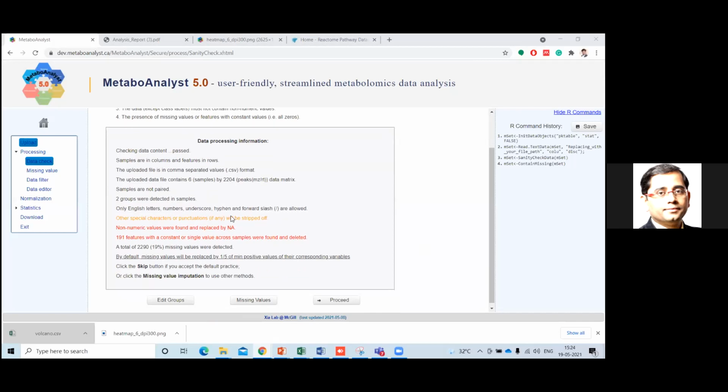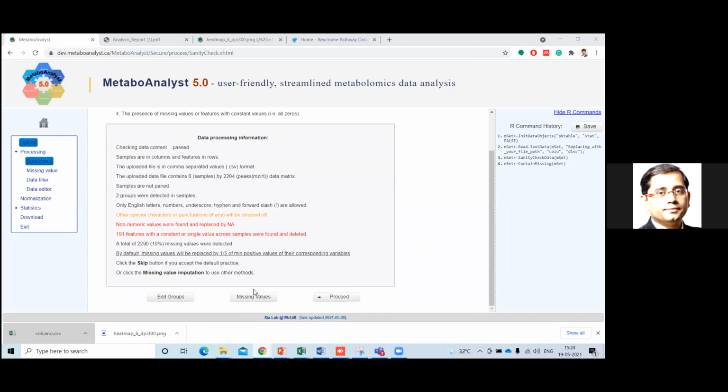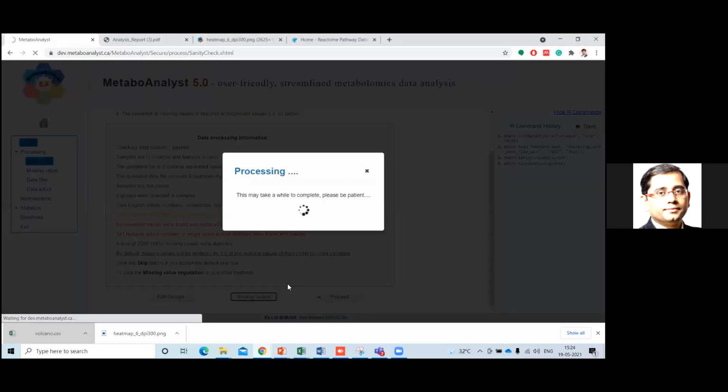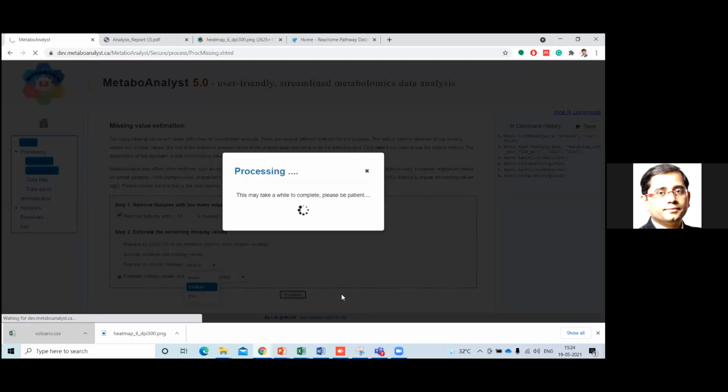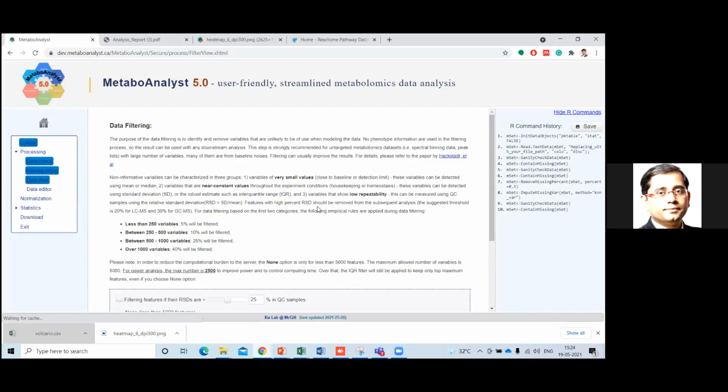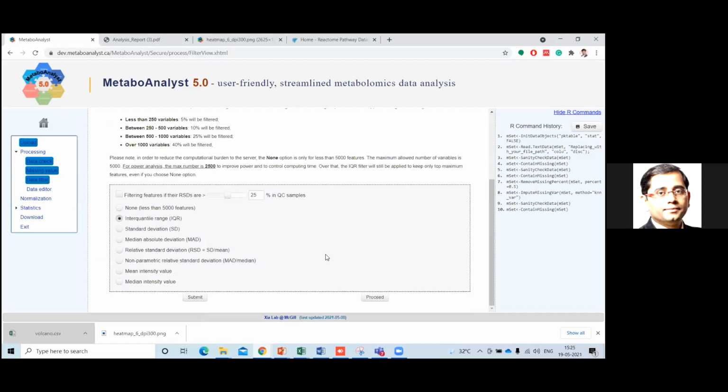Once we have submitted, we get the information, and we will go to the missing value part, and we will keep 50%. We can use KNN or BPCA, anything is fine. After choosing this, we will click process, and just skip this step and click process.